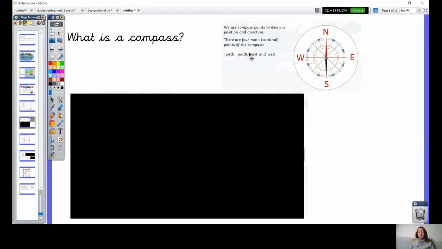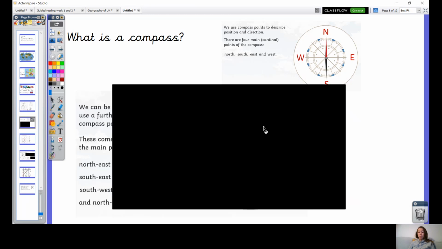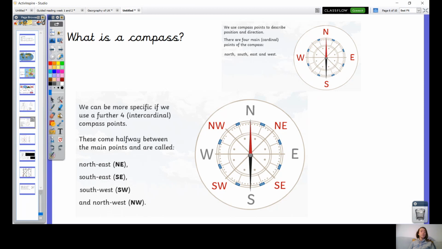And there are 4 main points of the compass, 4 main points that we are very comfortable and confident with, I know. We've got north, south, east, and west. However, in year 3 and 4, we have to know 8 points on a compass. So we can be more specific if we have a further 4 compass points, which you can see in red here on this compass. These come halfway between the main points and are called